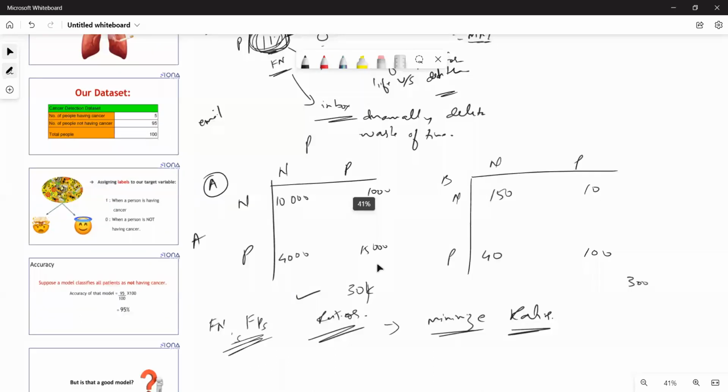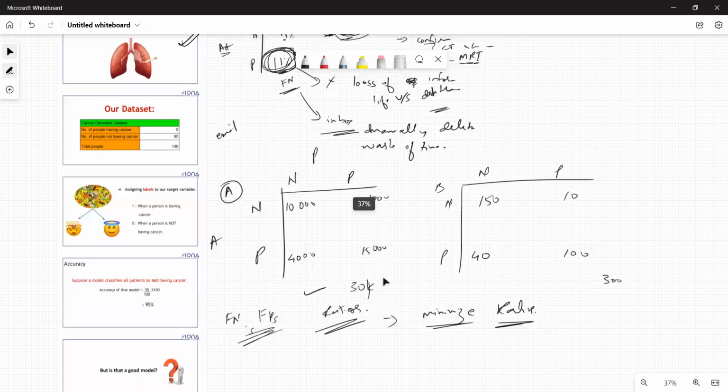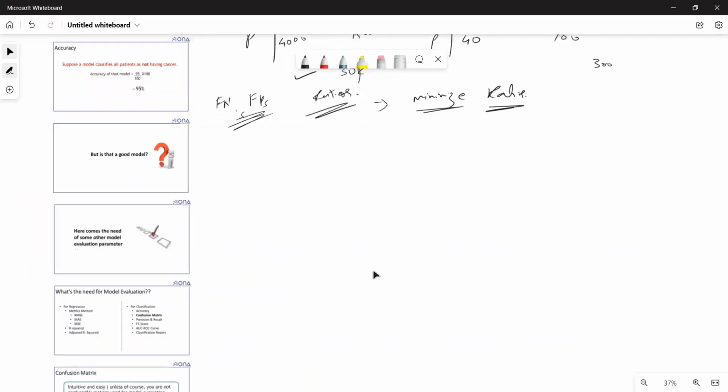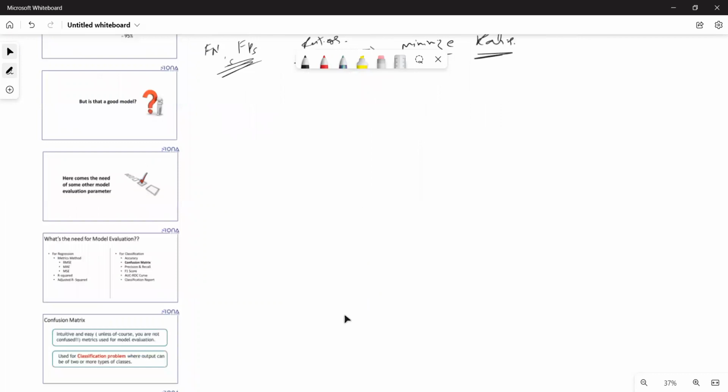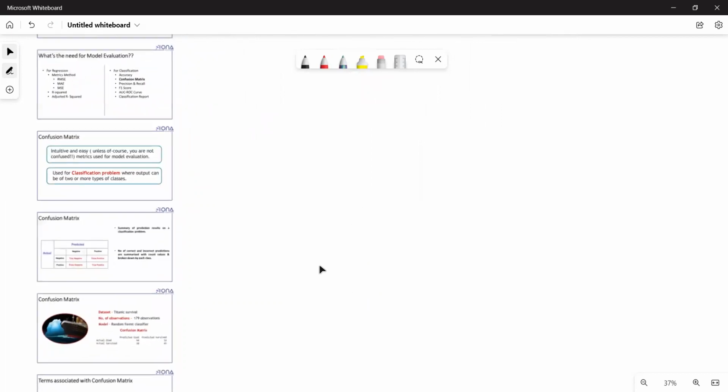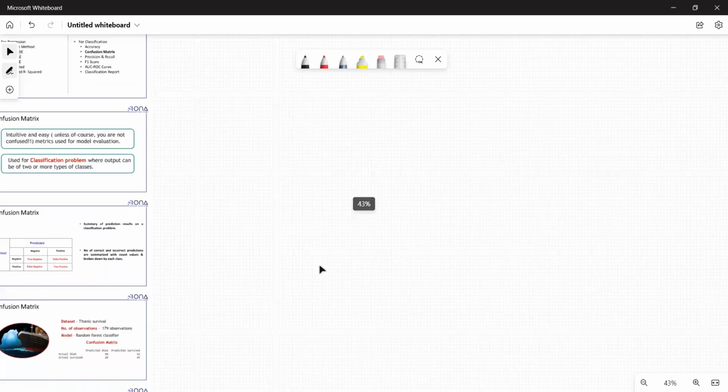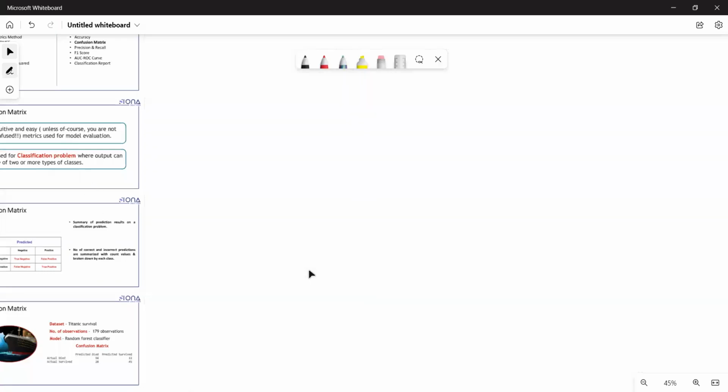Now let us talk about these ratios. Don't refer to this, these are just for my reference. Talking about the ratios, I have the first terminology, that is